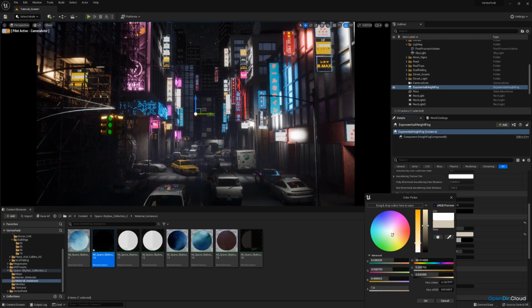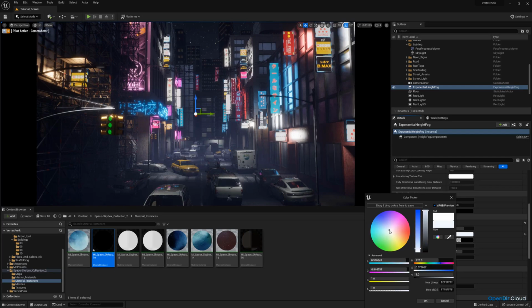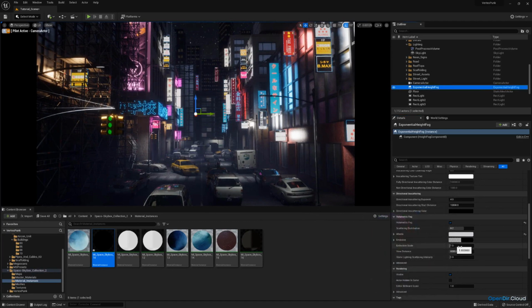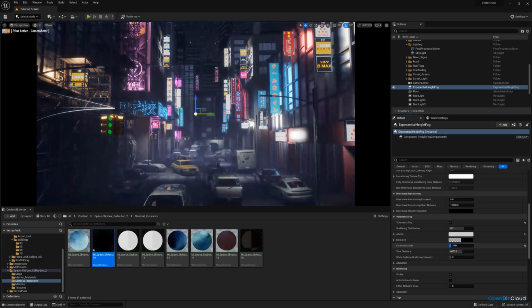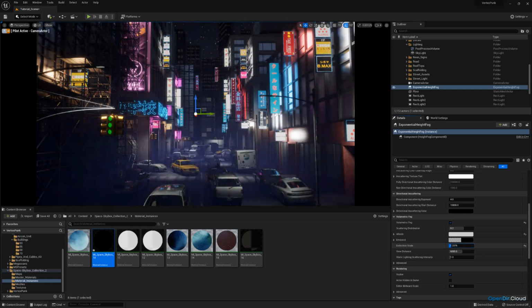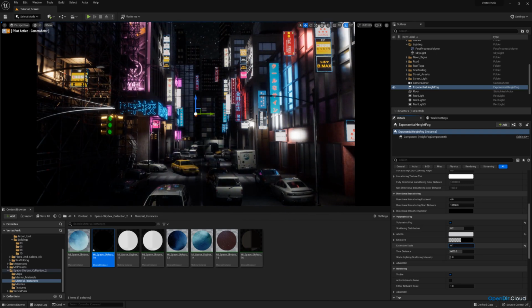I'm gonna go for actually a little bit of neutral white probably, or maybe even a tiny bit of blue, and then tone this down. It's trying to find that balance. The extinction scale is how strong you want to have your volumetric fog. So you can see that now it's almost nothing, and we just want to make this like